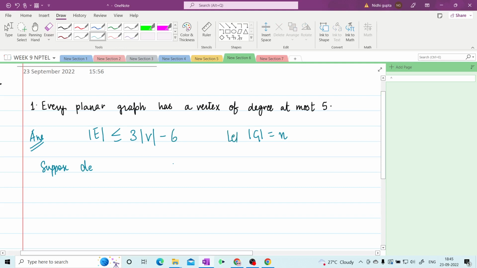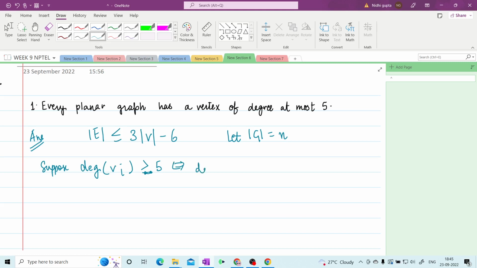Let order of G equal n, and suppose this condition is not holding, that is, degree of Vi is greater than at most 5, so it is strictly greater than 5, which is the same thing as saying that degree of Vi is greater than or equal to 6 for all i from 1 to n. So now if we sum all these degrees,